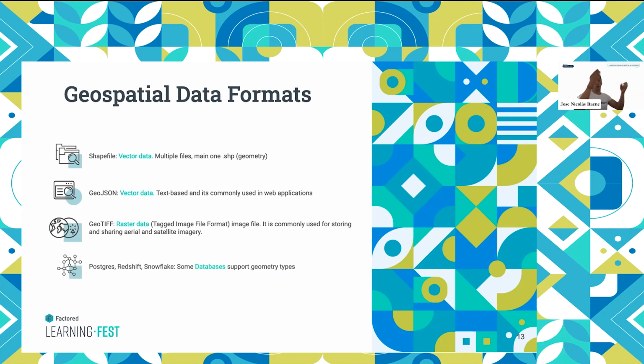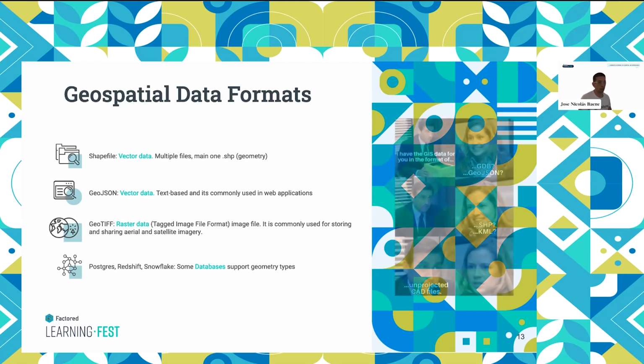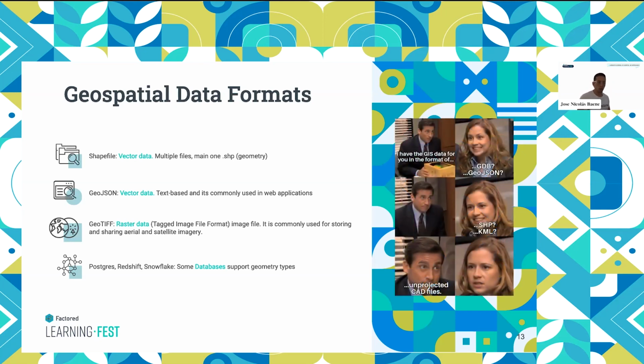So you have a column that will hold all your geospatial information as well as other fields in your tables in your database system. Always bear in mind the GIS data format, because sometimes a client or someone will tell you, okay, I have a geospatial file, but it will be a PDF or a CAD file. So usually keep that in mind.